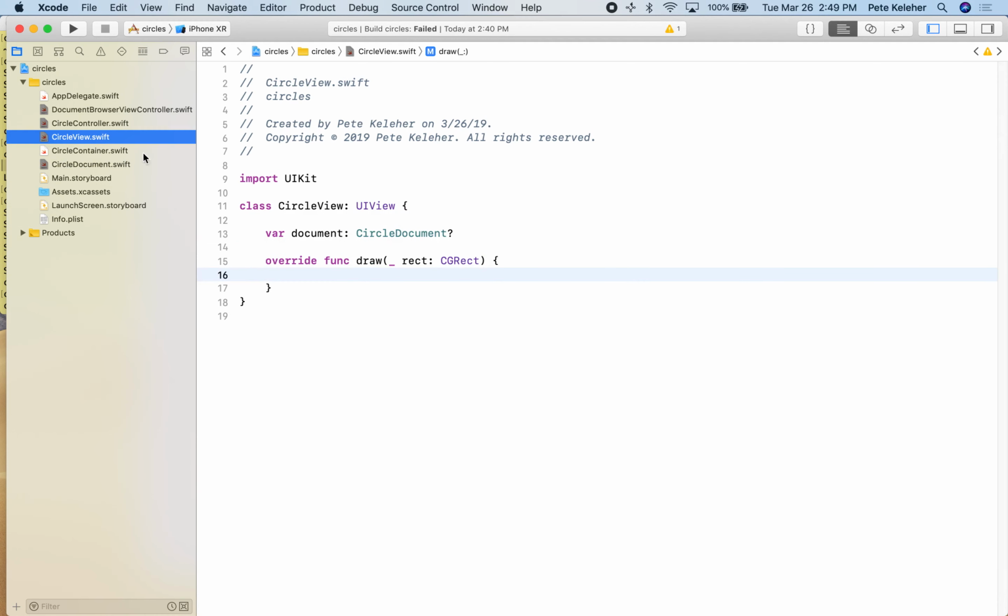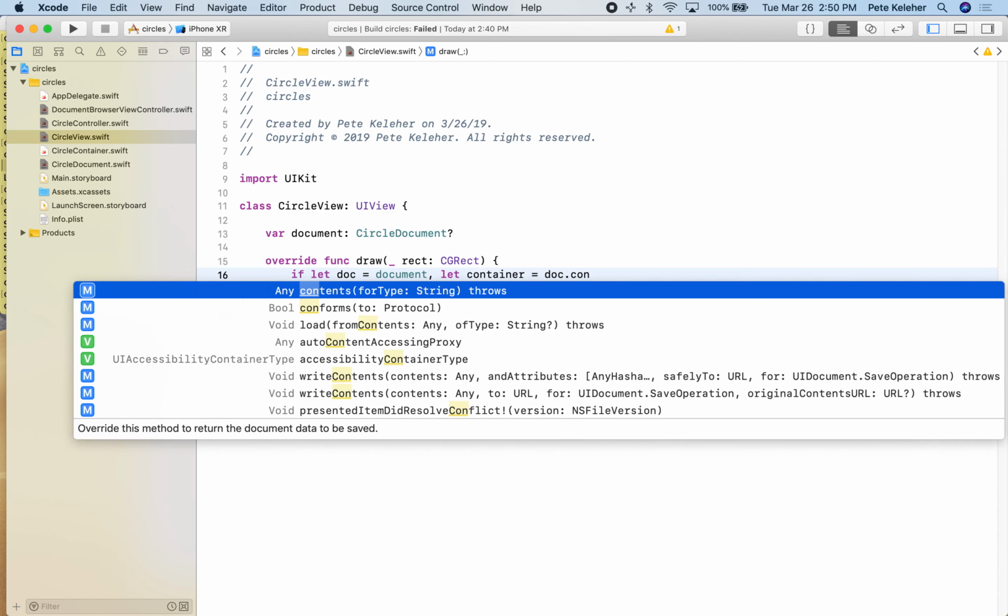Okay, so here in circle view, I have potentially a reference to a circle document. So if let document, if I actually have the circle document, and let the container equal doc.container,